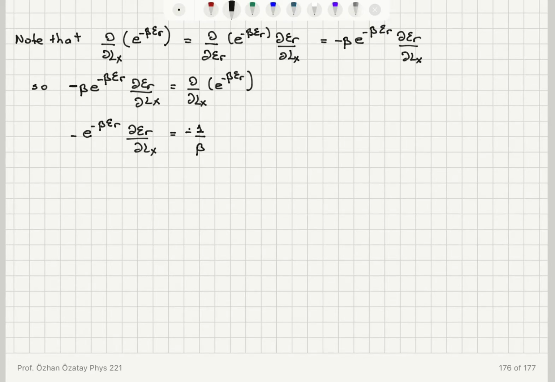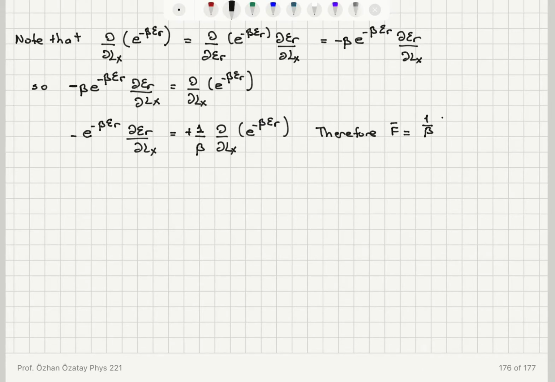So this is actually going to be plus. I'm isolating minus e to the minus beta epsilon r multiplied by the derivative with respect to Lx of the energy. So this is plus 1 over beta d/dLx of the Boltzmann factor, e to the minus beta epsilon r. Therefore, for the mean force exerted by one molecule, we would have 1 over beta